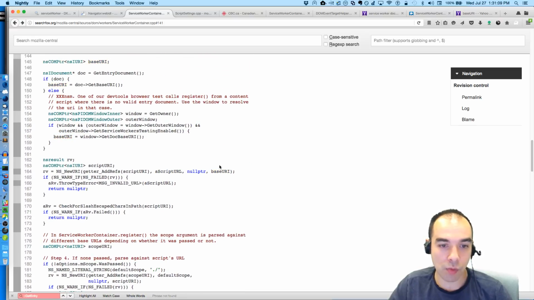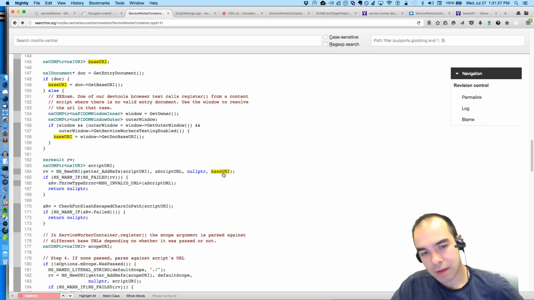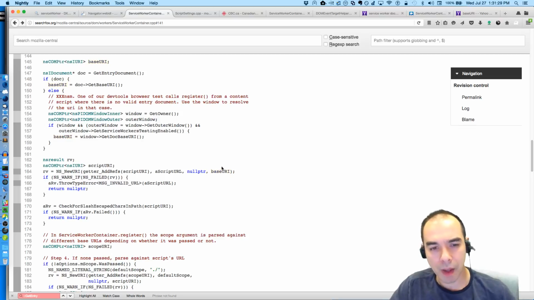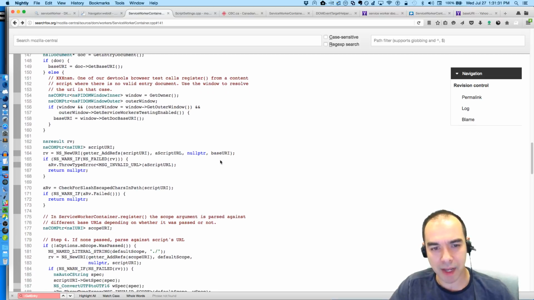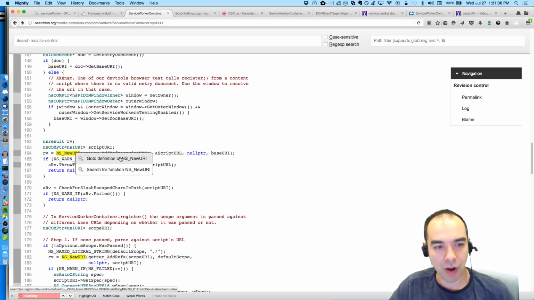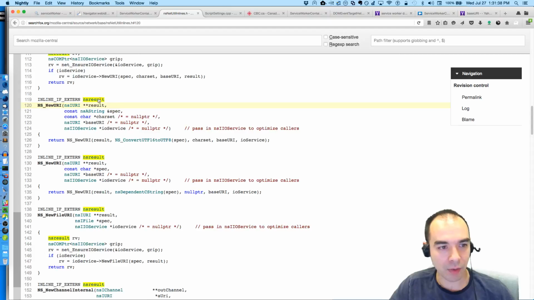I guess this is so we make sure that the script URL that we're passing belongs to the document. Like it's part of the family of scripts that can exist within. No, I don't know. A page is declaring its base, and I guess we just make sure that the URL makes sense with that base. Let me just take a quick look. Service base URI.